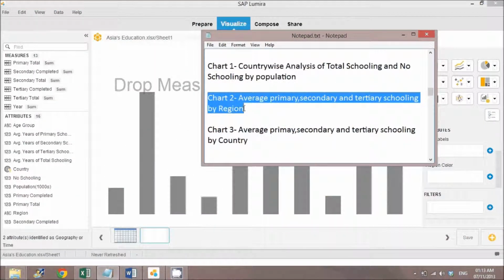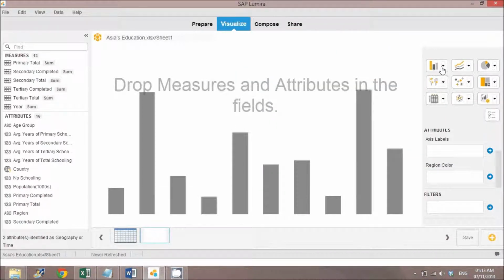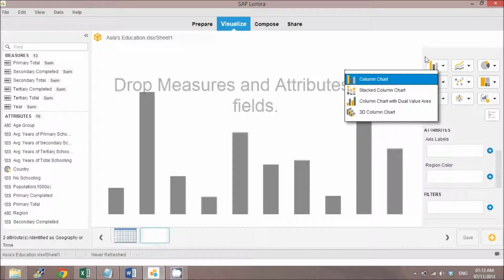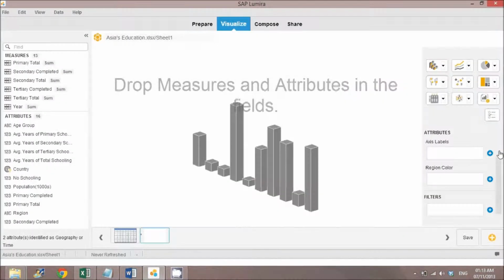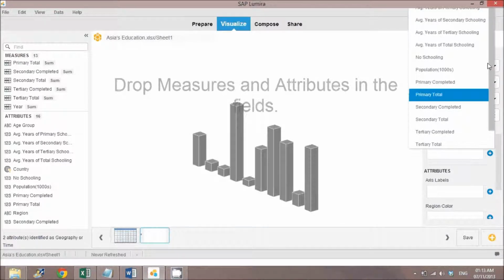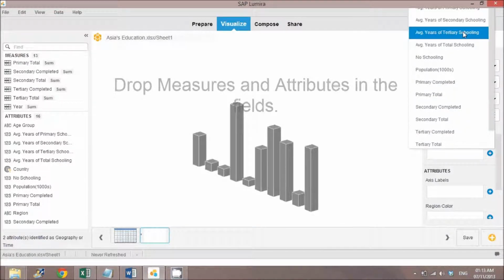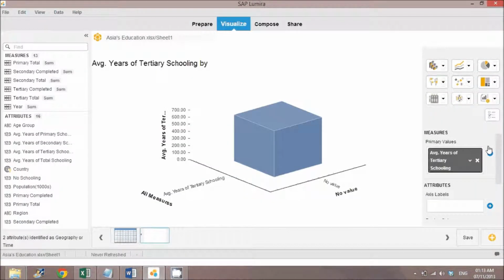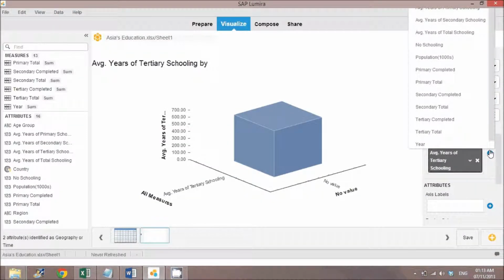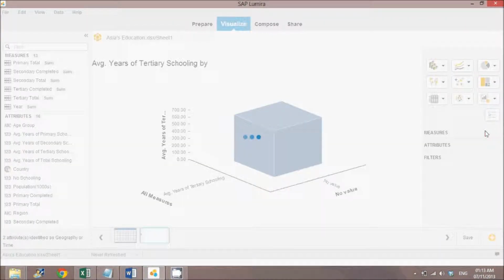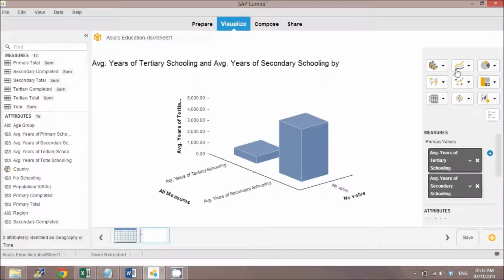Second chart is average primary, secondary and tertiary schooling by region. Now we want to analyze the primary, secondary and tertiary educations followed by regions. So we can have a column chart, instead a 3D column chart, where our primary values are average years of tertiary schooling, average years of secondary schooling and primary schooling.